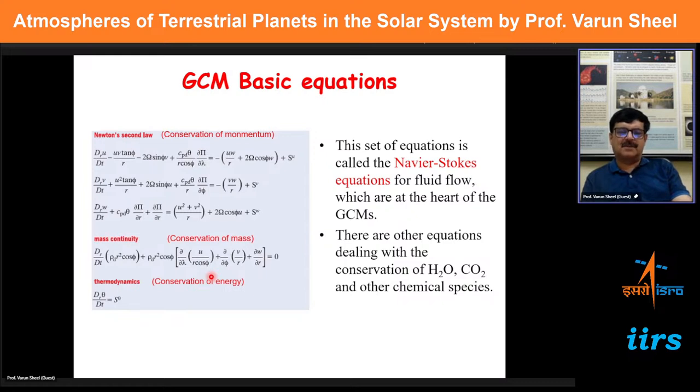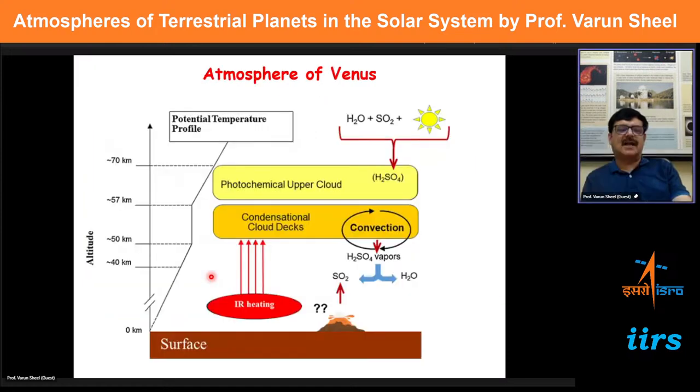Again, a different form of the GCM, the basic equations, where you are trying to solve in different coordinates, because the r, theta, phi coordinates are much more convenient for a planet's atmosphere. Now, coming to very specific planets, for example, Venus. This is a schematic which gives you an overall overview of what the atmosphere looks like. So the interesting question here, and as India is planning our next mission to Venus, the point here is that there is a thick cloud of haze here, which protects us from seeing the surface.